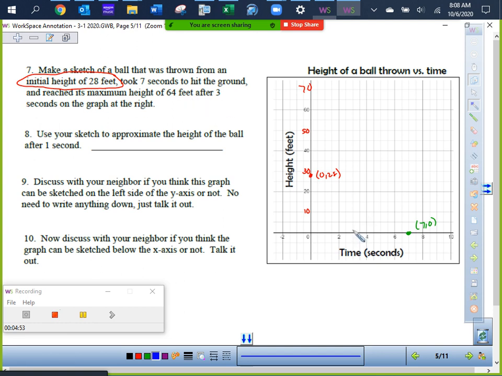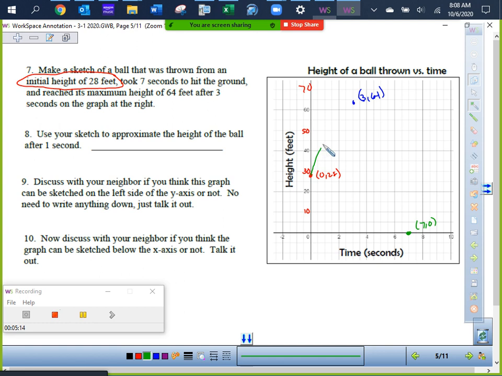So 3 seconds is right here. 64 feet is somewhere up close to this guy. So, bada boom, it's really close to that. So 364. And then we have to use our best sketching skills to sketch a parabola that goes like